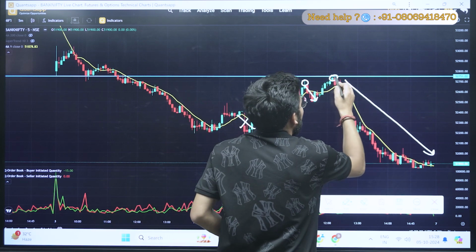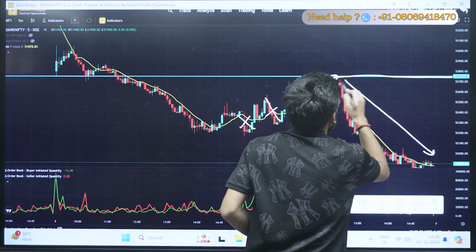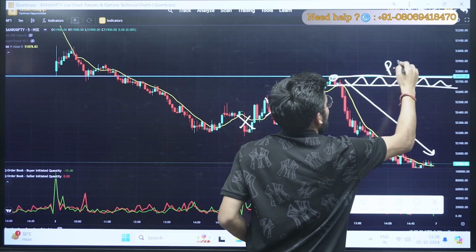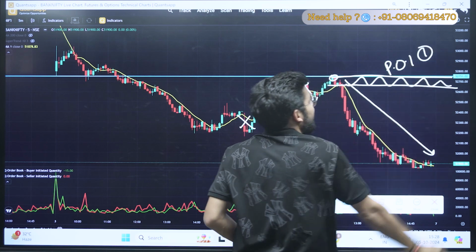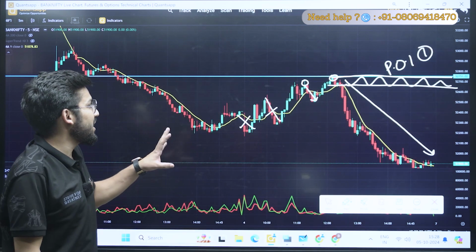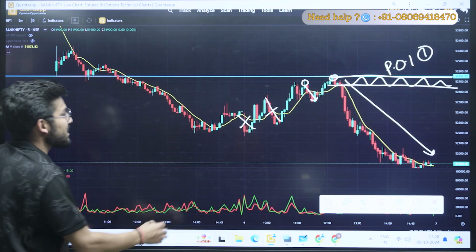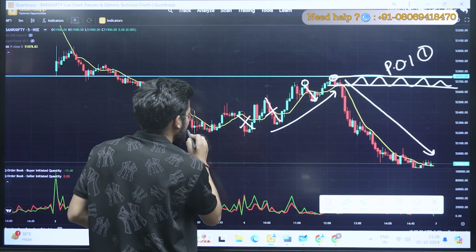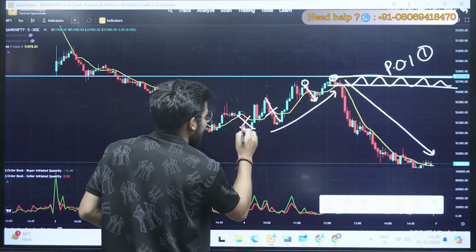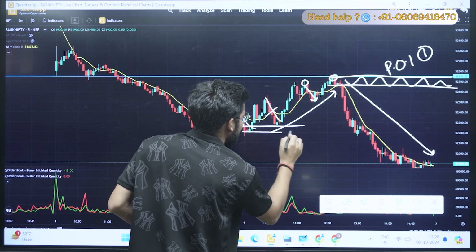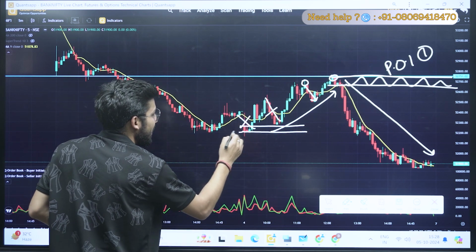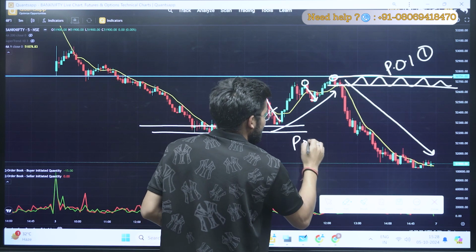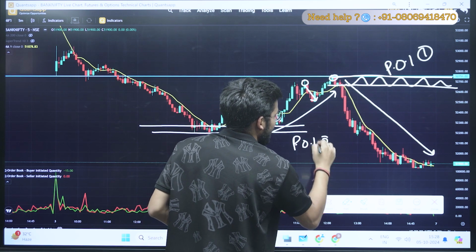So what I'll do, I'll just mark the high and low, and this will be my zone. This will be called the point of interest 1, because there will be so many points of interest, okay? Then again I can see my market is taking a good move from here, it means this is also a point of interest. So I'll mark the lowest candle, and I'll take the opening and closing of that candle, and I'll mark this level as my point of interest 2.